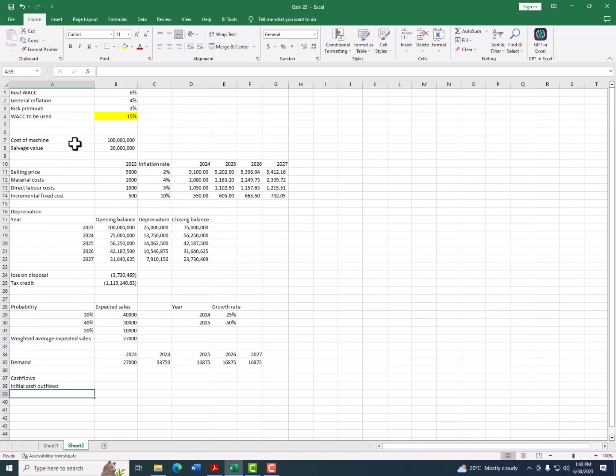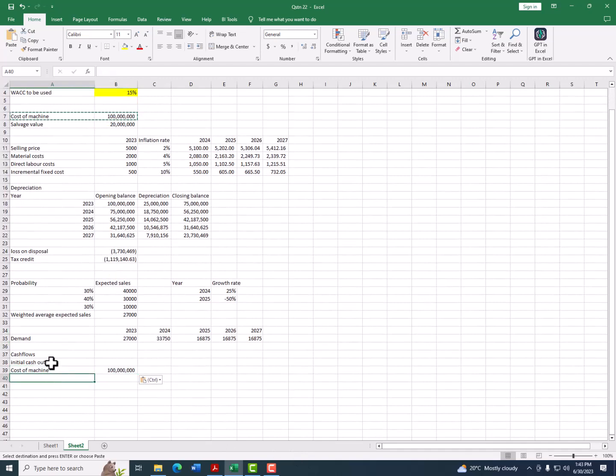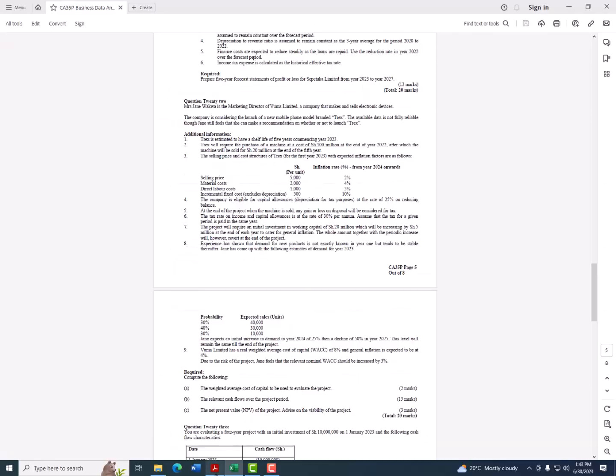We had already represented the cost of machine. So we can copy paste, highlight that, Control C, Control V. Remember, in the exam room, we are trying to save as much time as possible. So if you already have the data, there's no need of typing it again. You just copy paste. So initially, we invested in the machine, and if I bring up the PDF,